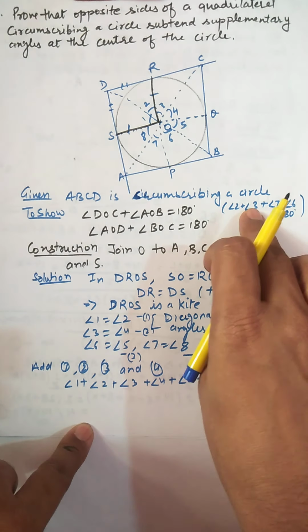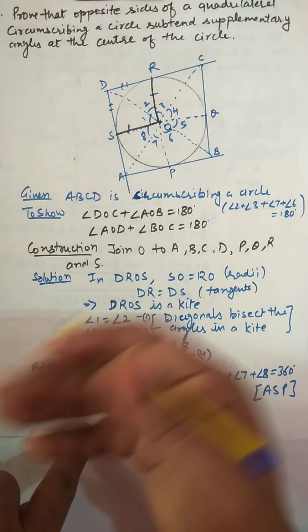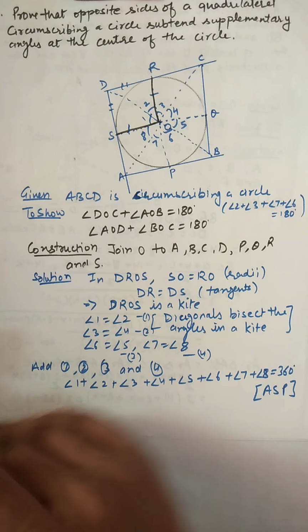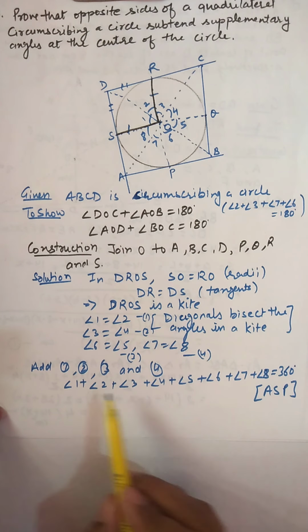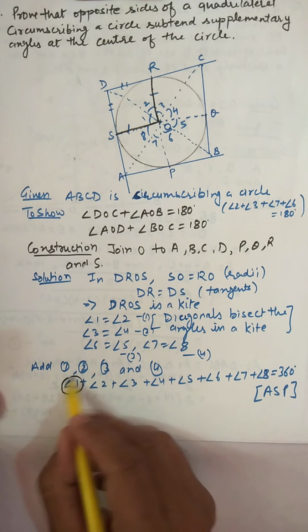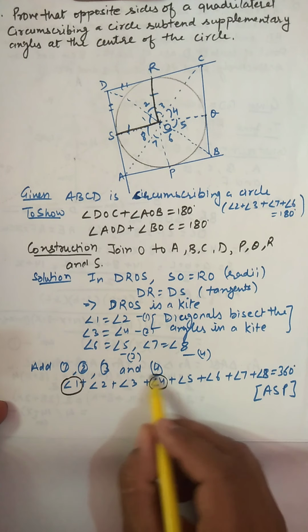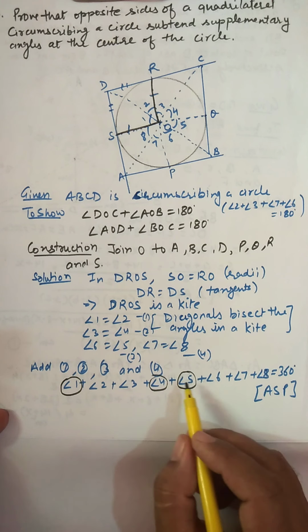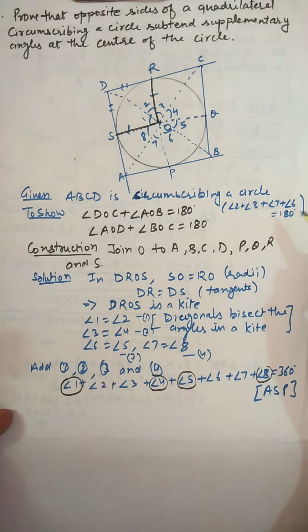So it's always better if you mark angles 1 2 3 4 5 6 7 8 like this. Otherwise this question will become very lengthy and you'll get confused. So better you mark angles 1 2 3 4 5 6 7 8. Now you need 2, you need 3, so 2 and 3 you don't replace. I'm just using this black pen to highlight this. Angle 1 has to be replaced, this 4 has to be replaced, this 5 has to be replaced, this 8 has to be replaced, because 6 and 7 you need in your answer.